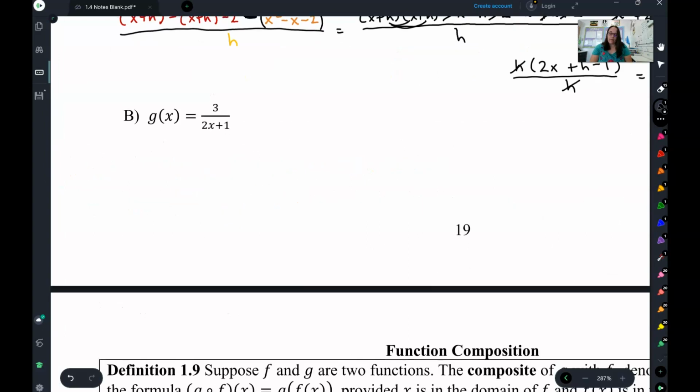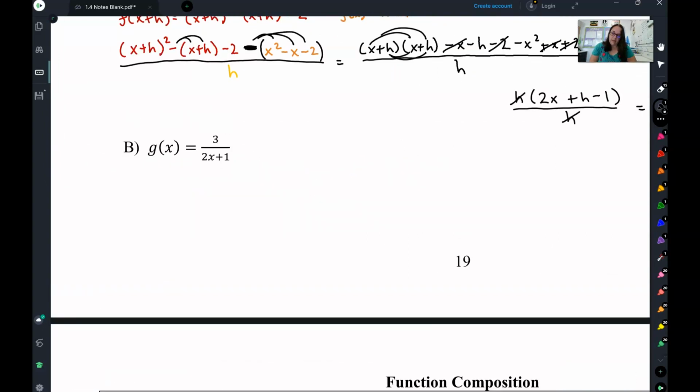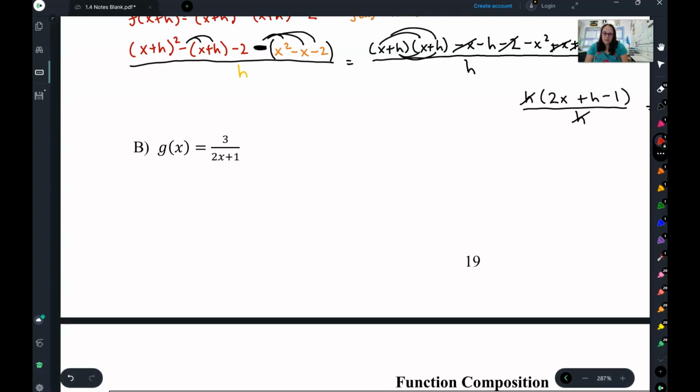So, remember, in this class, we're just simplifying these things. We're not actually calculating the derivative. You don't have to do the last part. We're just plugging it in and simplifying. So let's try that on B. I'm going to start with my pieces. I have